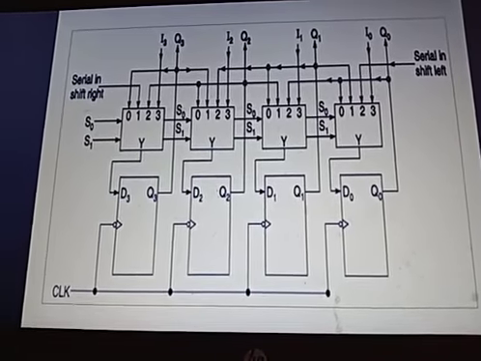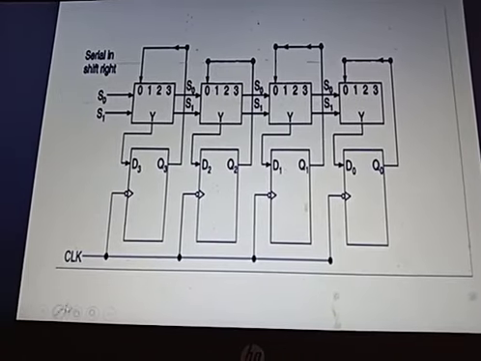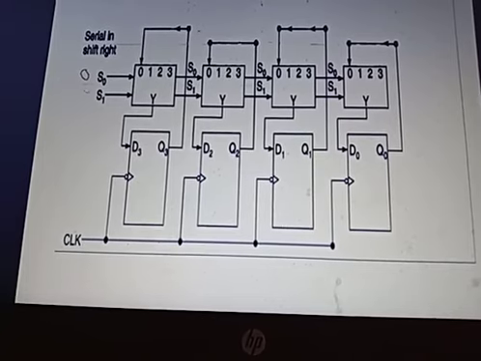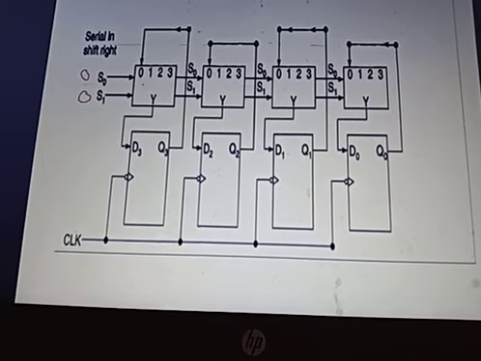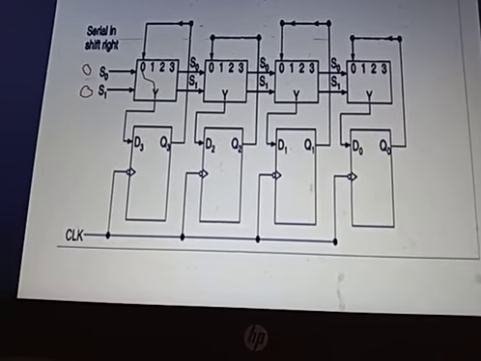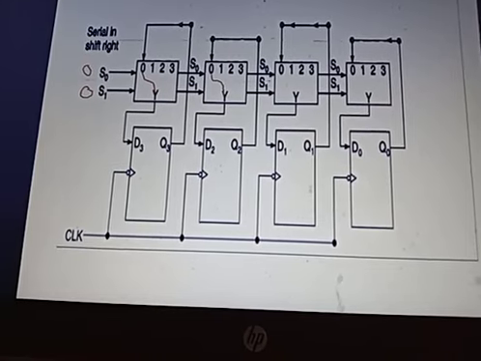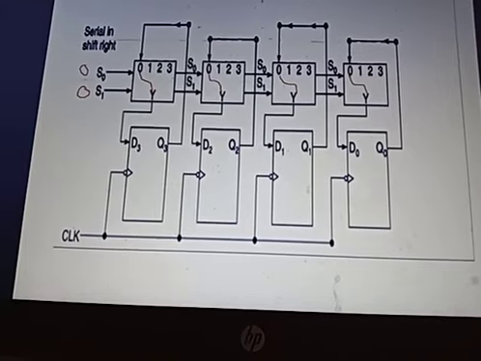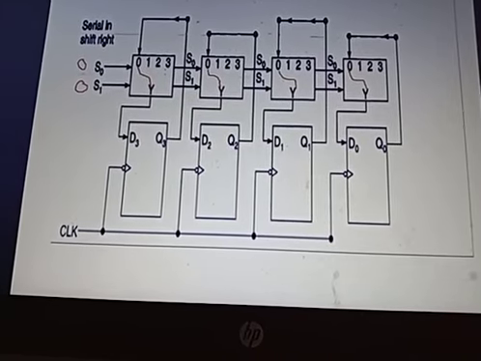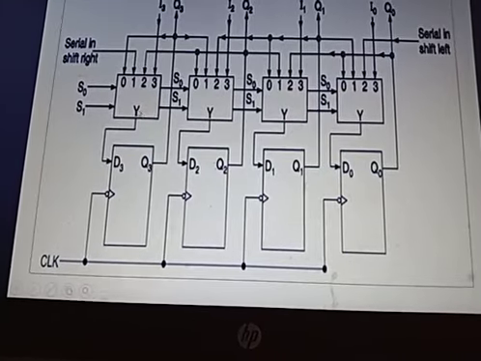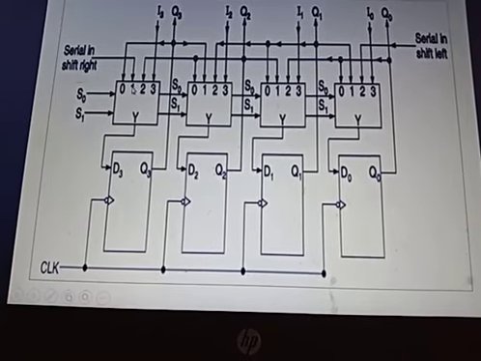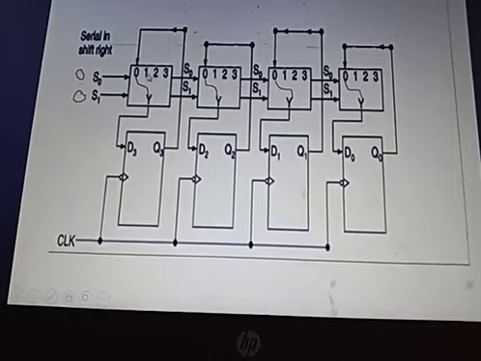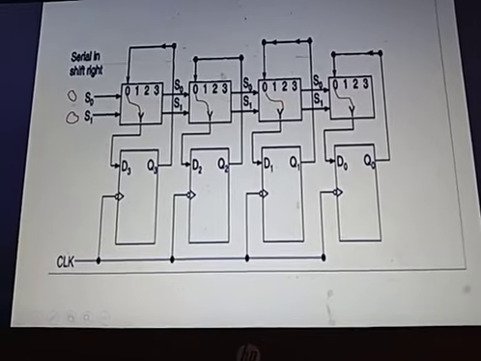Now the first case is I am going to give 0, 0. I am going to give S0 equal to 0 and S1 equal to 0. That means only input 0 will be connected over to your Y output, correct? And the remaining 1, 2, 3 will be left off, correct? Look at the circuit. Only when this is active, there is no meaning of these lines. So I have just deleted them.